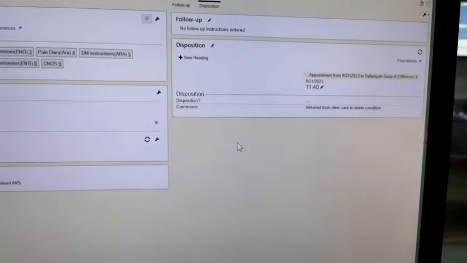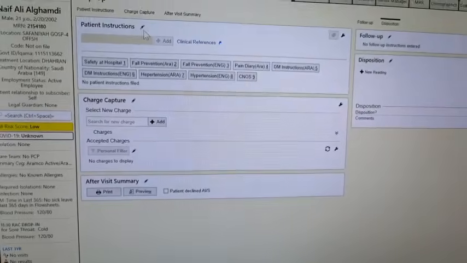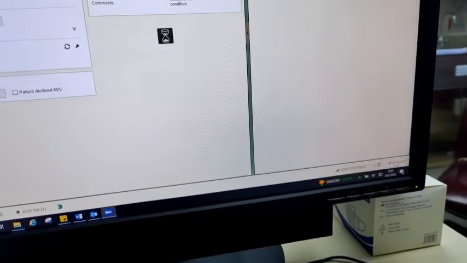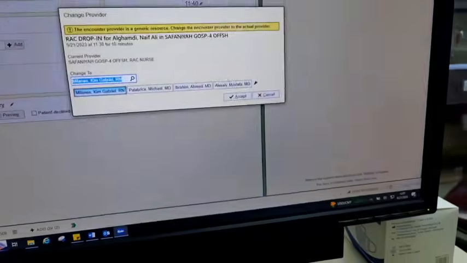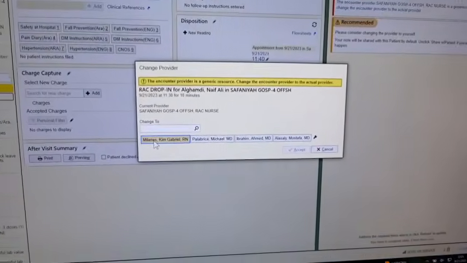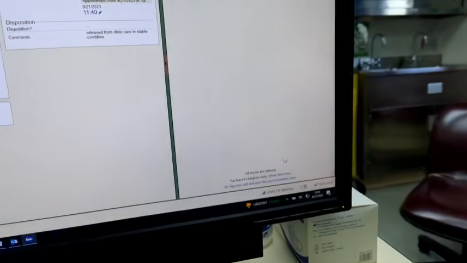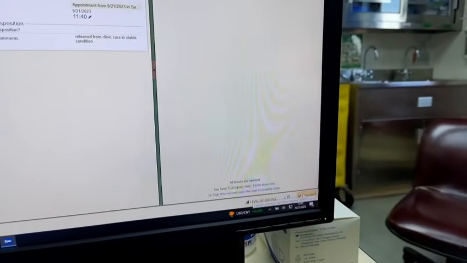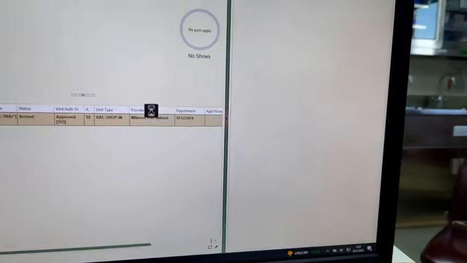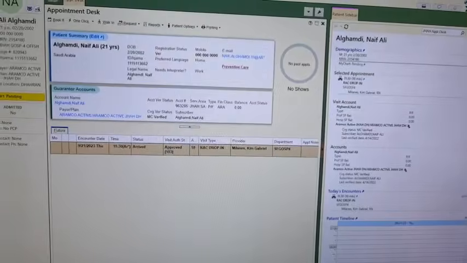Close. Okay. Then sign visit. After you sign visit, put your name here and accept. After accept, sign visit, then presto, it's finished. You did finish a job.